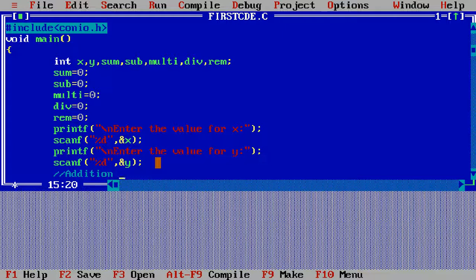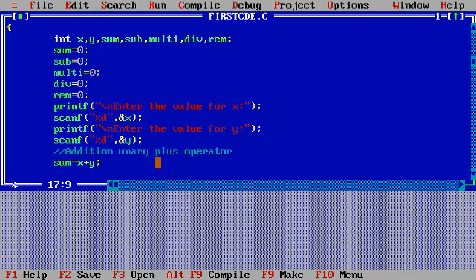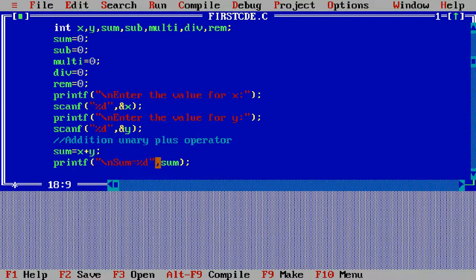or simply unary plus operator, okay, and I enter here and write sum equal x plus y, and I print here printf \n sum equal %d comma sum,